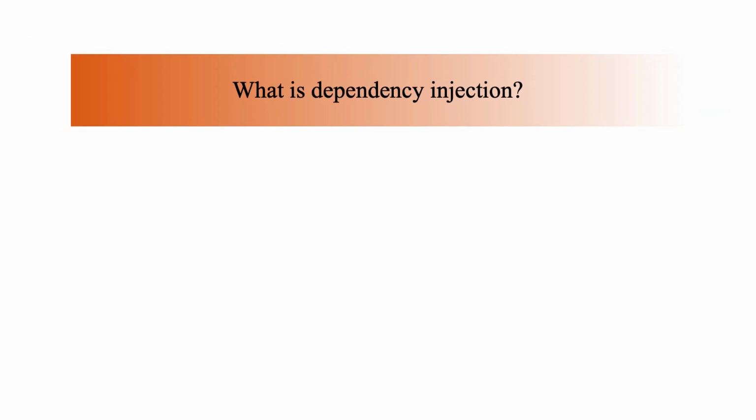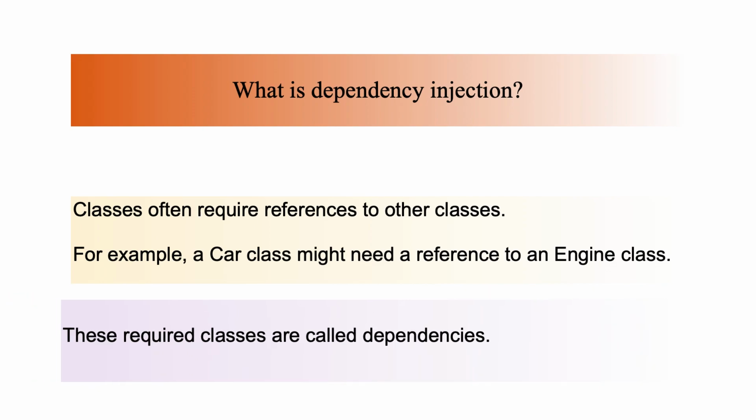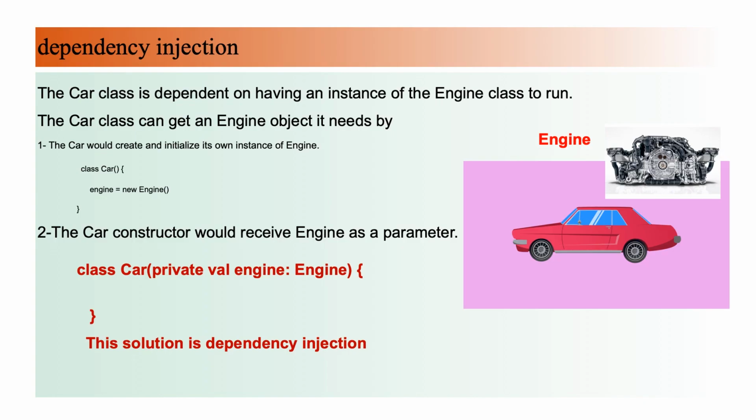What is dependency injection? Classes often require references to other classes. For example, a car class might need a reference to an engine class. These required classes are called dependencies. As shown, the car class is dependent on having an instance of the engine class to run, and the car